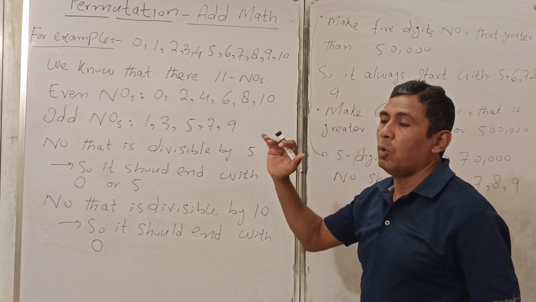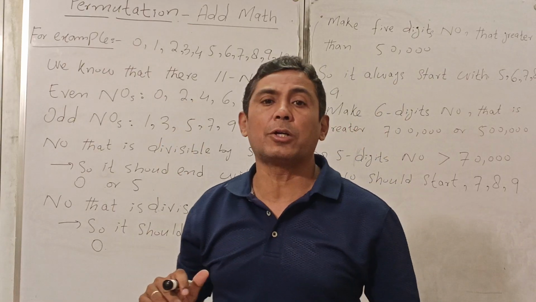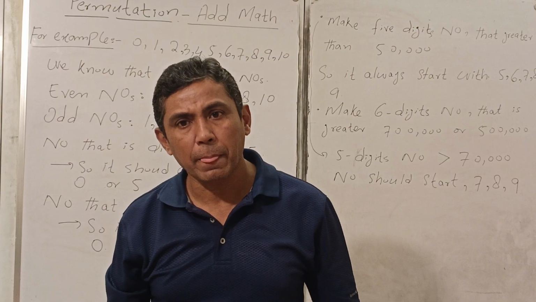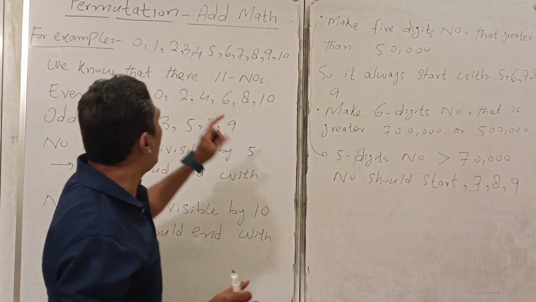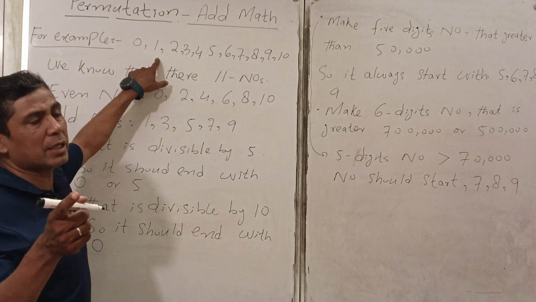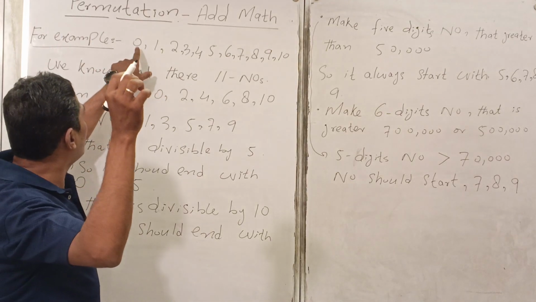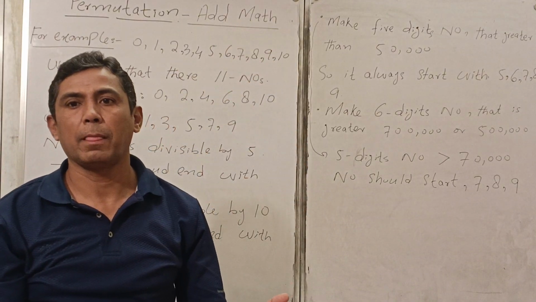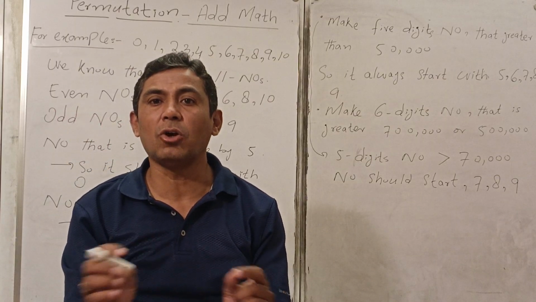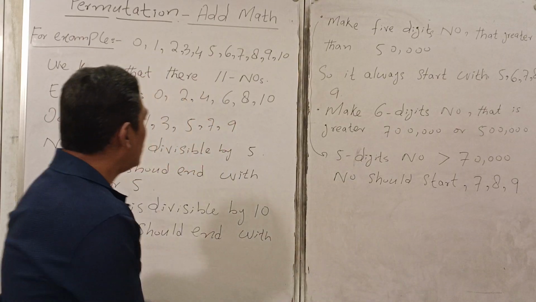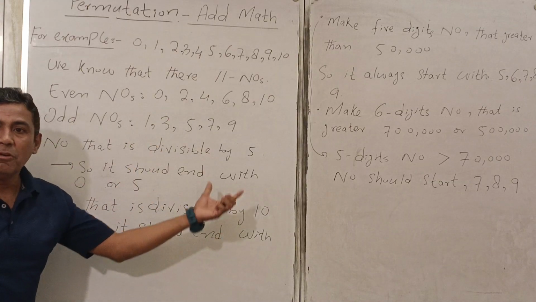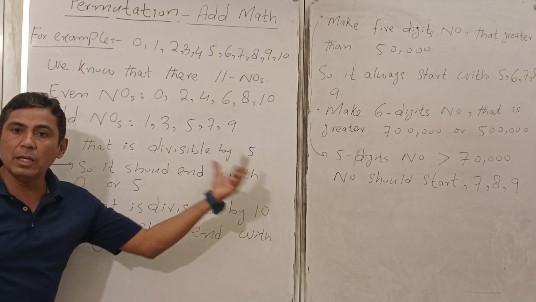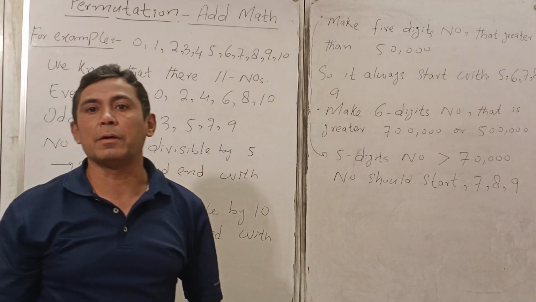Okay. What will be the without restricted questions? I ask you, make a 5-digit number. What are the possible ways? So how will you solve? What will be the condition? How many numbers are here? 1, 2, 3, 4, 5, 6, 7, 11. So 11P5. Okay. This question does not have any restrictions. So these are the possible restrictions related to the number series questions in your exam paper.